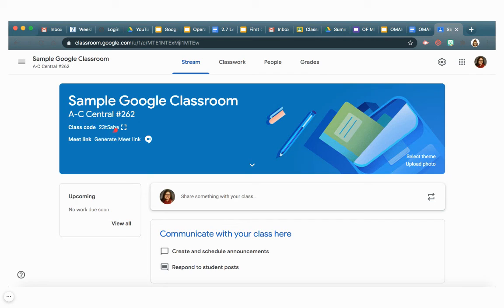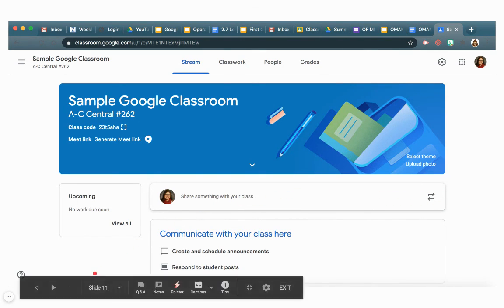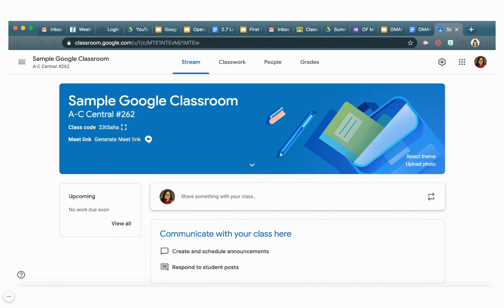This class code can be used to invite students. Google Meet will allow you to have Google Meets inside your Google Classroom and automatically invite anybody. This will have all of the upcoming work that is due. If there's something due at noon today, it will show up here. This is where you can type and just make an announcement, and you have the ability to recycle announcements from other classes as well. So this is the basic home screen for Google Classroom,